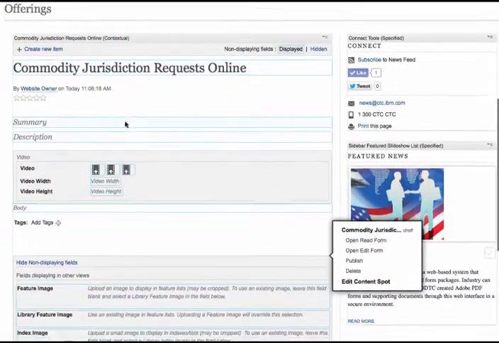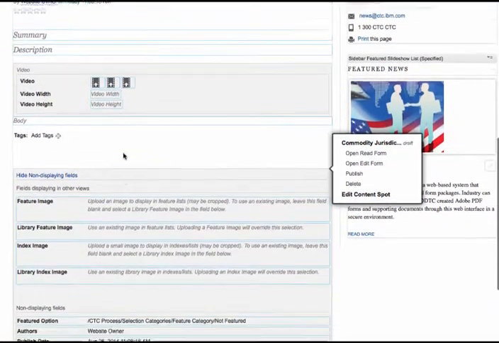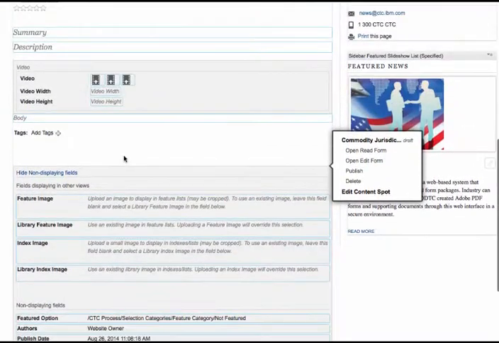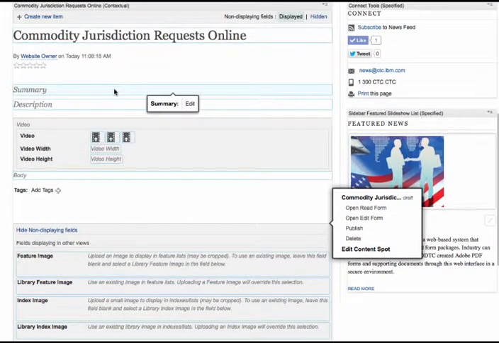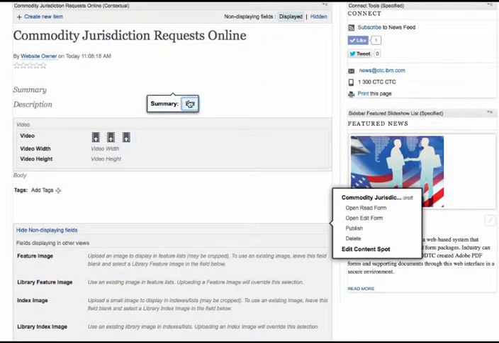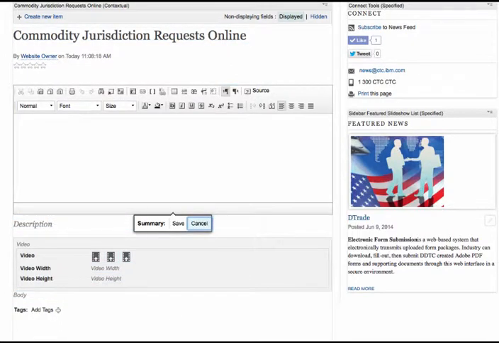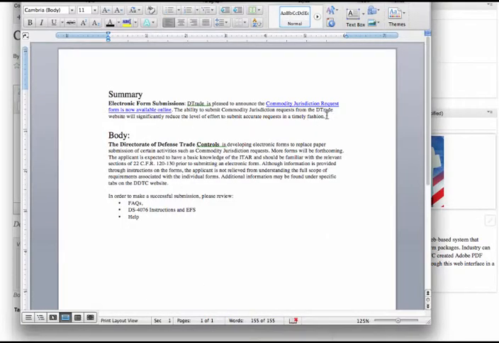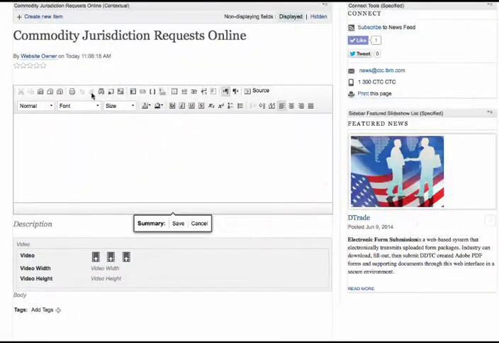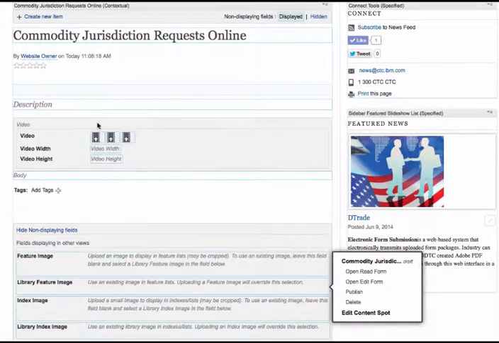Now I need to fill out some information about this, and I'm not going to do all of it here, but I'm going to do a fair amount. So first thing I do is I want to give my article a summary. So I click the edit right here, and I'm not going to type it on the site. I've saved this in a Word document for two reasons. One, it makes it easier for me to demonstrate without you watching me type, but also it's really more realistic to how